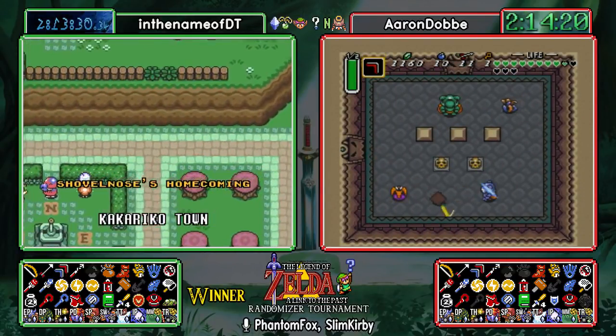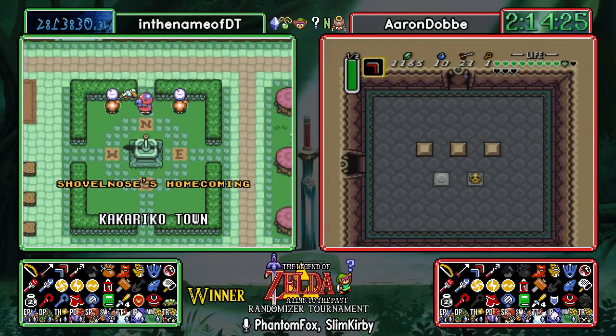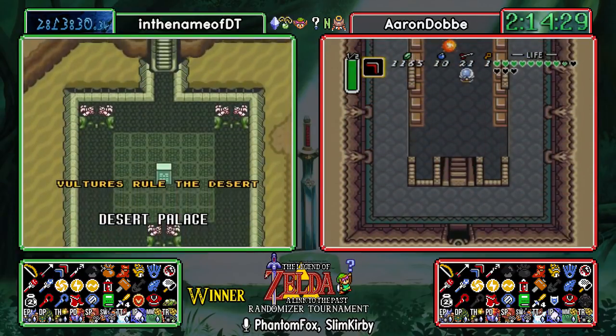Oh, the half magic was in the one chest directly after the Ganon's Tower big key. Not that it ended up really mattering with everything going on, but